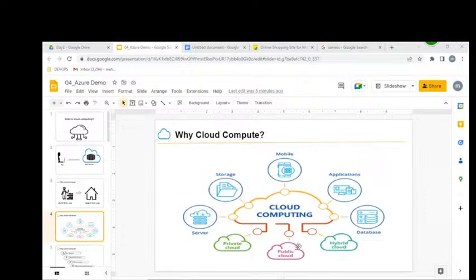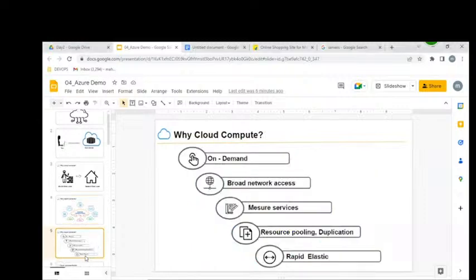Security also, yes. Security is also a benefit. But if you want to become a cloud provider, if you have 100 billion dollars, can you become a cloud provider? No. We have to follow some rules and regulations. Then only we can become a cloud provider.